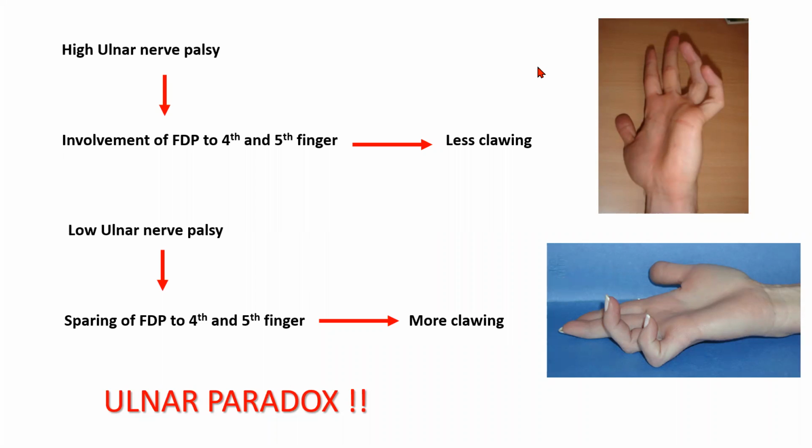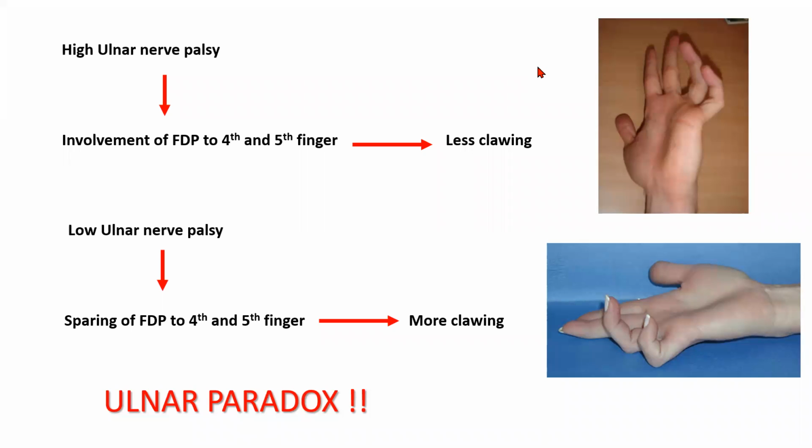Because nerve palsy is a definite case in your final year examination. Leave alone the treatment options. The examiners will forgive you if you don't give the correct treatment options, but diagnosing the problem is important. You will have to clearly identify which nerve is involved and what the level of lesion is. So that is very important in exams.